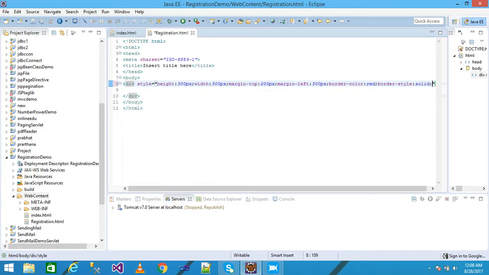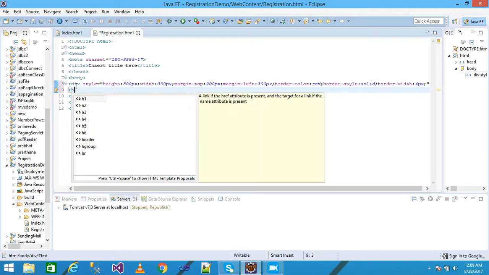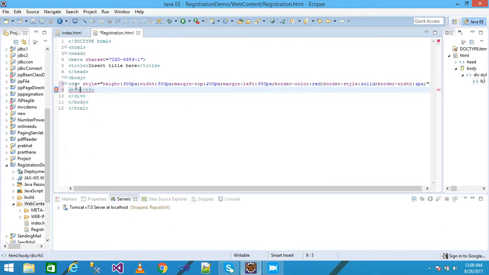and border width as 4 pixel. Look here, I am giving the border style as solid, border width 4 pixel, and border color as red. Okay, and I write here, taking the heading as registration,